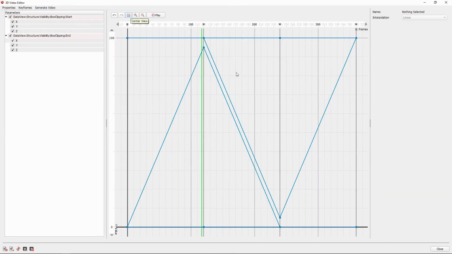Next, we have a look at the keyframes. On the x-axis, which represents the time in frames, we have markers at frame 0, 120, 240 and 360. Those markers are keyframes and are displayed by a small dark gray box on the x-axis and a dark gray line in the graph panel.